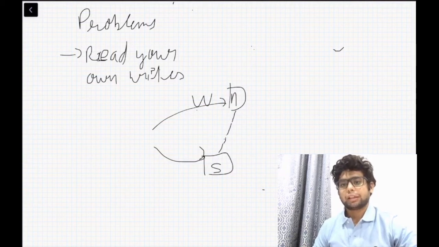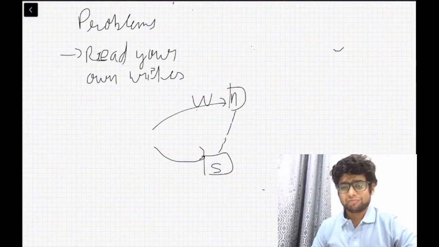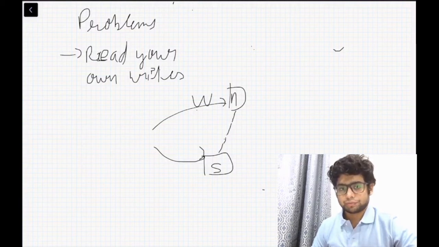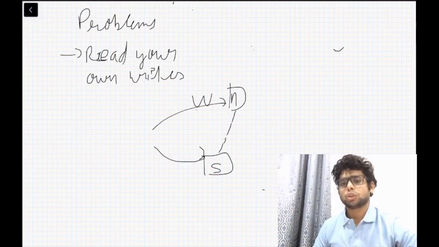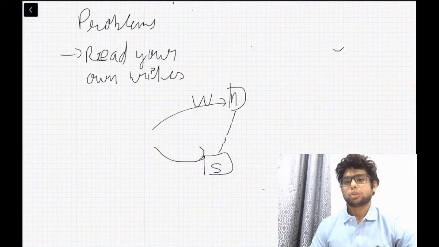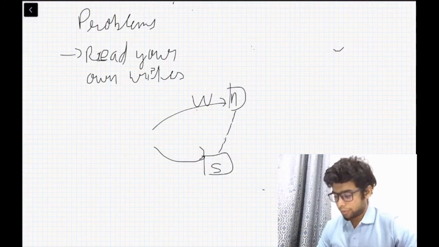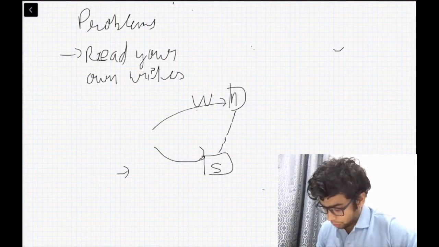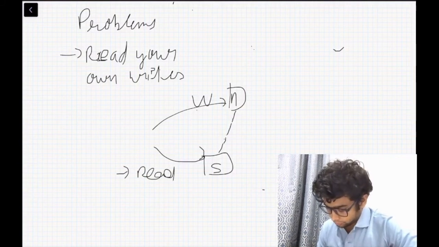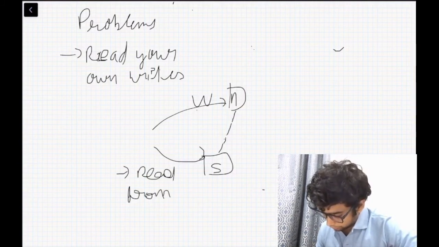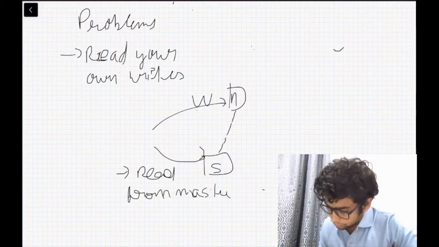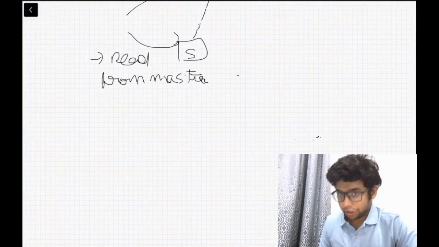Like, if there is something which is very important to your website, let's say votes, or a transaction, the bank amount, which is very important, you want it to be always consistent after the write. So those kinds of reads are forcefully done from the master, so that your reads are always updated. So that is one solution for the read your own writes problem: read from master for important data.